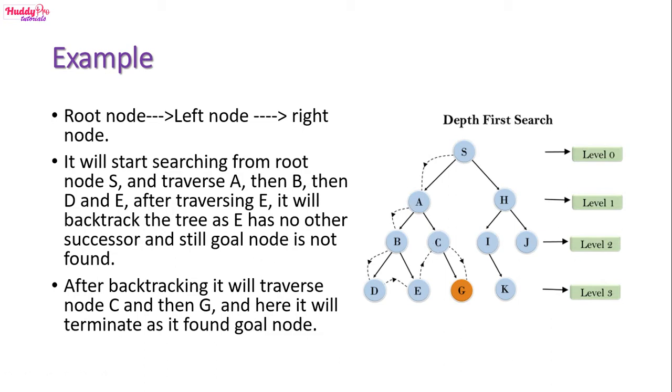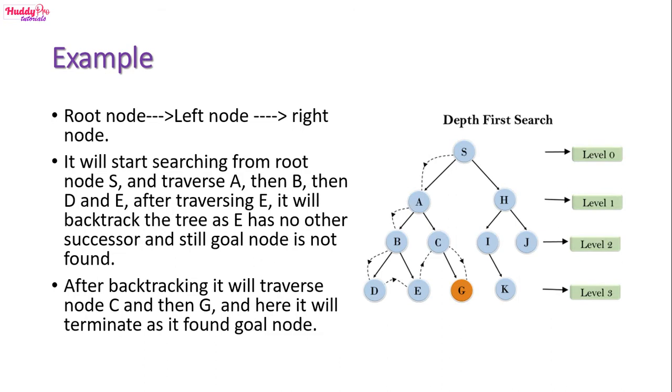we are saying E has no other successor, and still the goal node is not found. So since there is no success of E and the goal node is not found, it will go to C, and from C it will find the goal G. So there's no need for this algorithm to go through H, I, J, and K. So we are saying that after backtracking, it will traverse to node C and then to G, and here it will terminate because it will have found the goal